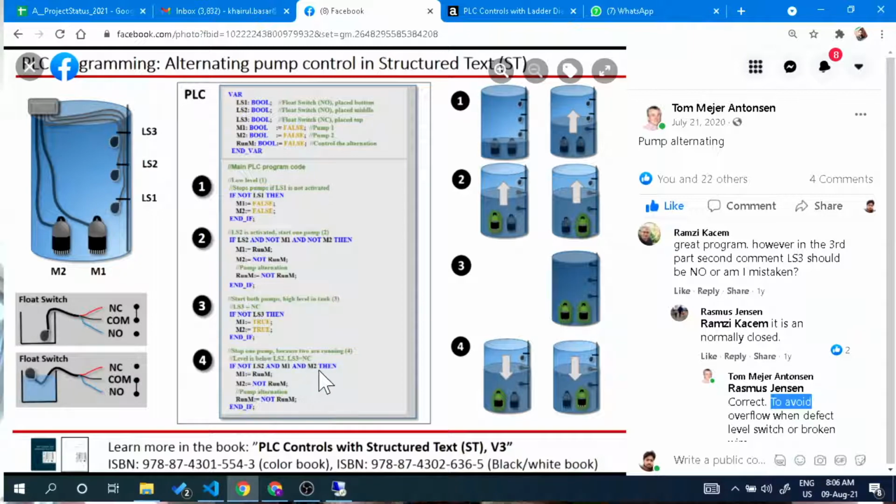M1 and M2 both are running. Now M1 is not running, we know. So you see this condition is not applied anymore. Okay. So where is that other condition, when LS2 is not there and M2 is running? We cannot find that. Okay, so motor 2 continues to run, and then let's say that the level goes up and up and up,